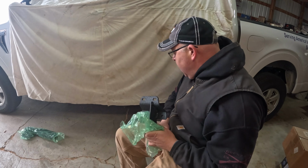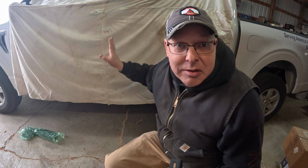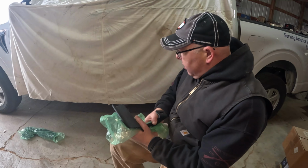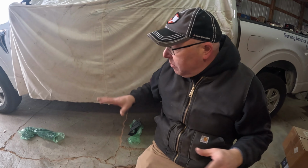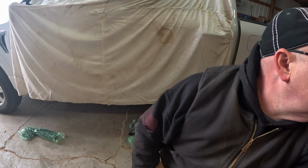Hopefully that makes sense. Now the instructions do say to install the driver's side first, but since I was planning on doing a video on this anyway, I've already got the passenger side done, and it went pretty smooth. Biggest thing to remember is that you don't tighten all your bolts on your brackets until you've got everything tied together. So the first step is to grab